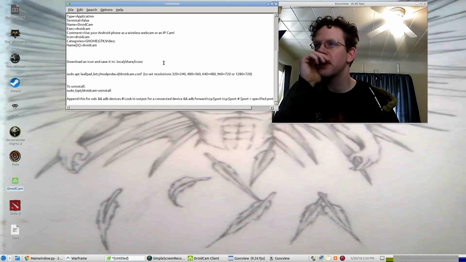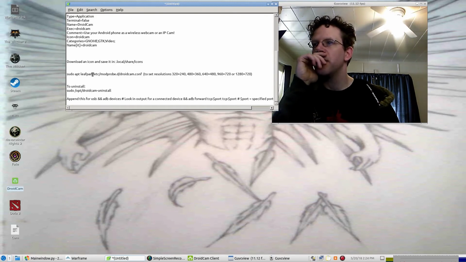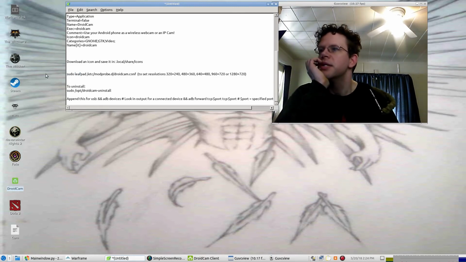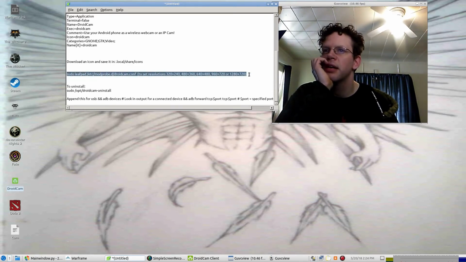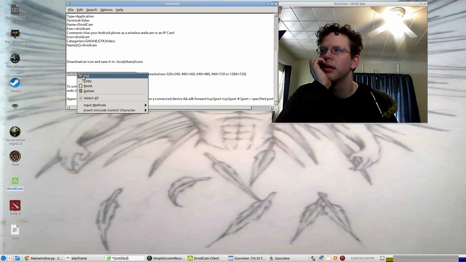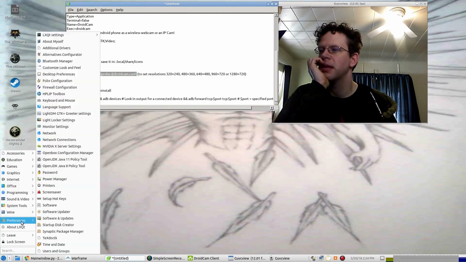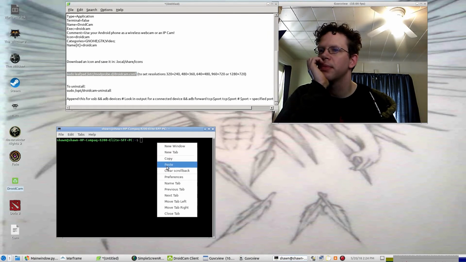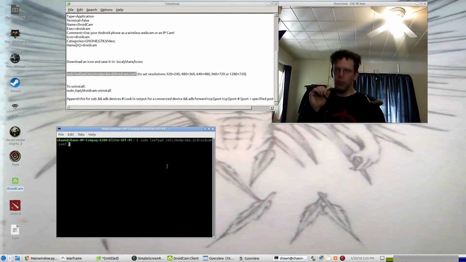And now, once you got that icon, like you see, mine's working there. Now we're going to sudo. I don't know why I have that in there. We don't need apt for that. Sudo your editor and this. Annoying. Copy. Then you're going to open System Tools here. Paste. And that'll open